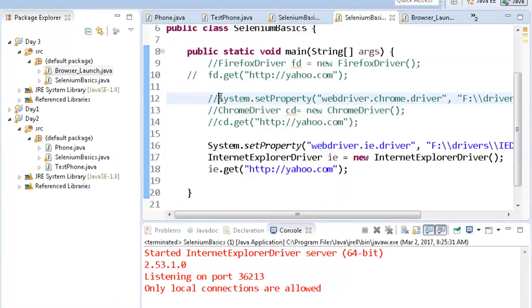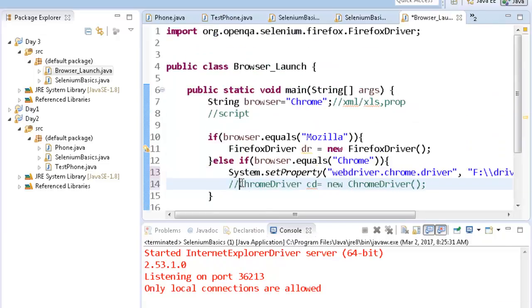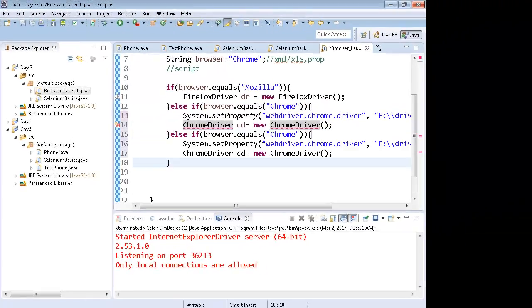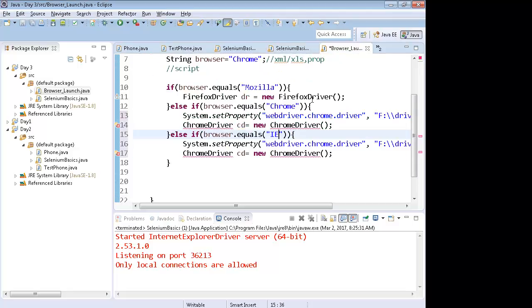You can write over here System.setProperty for the Chrome browser. Similarly, you can do it for IE. If the browser is IE, then you can use the IE driver.